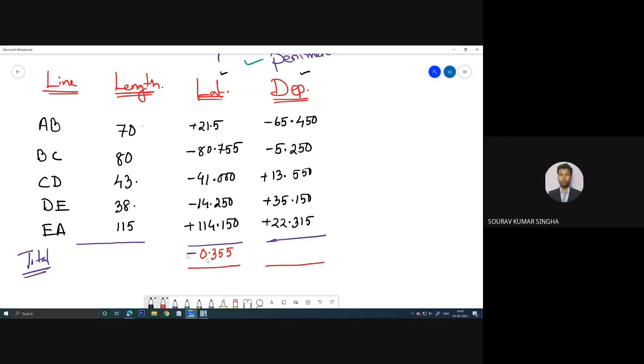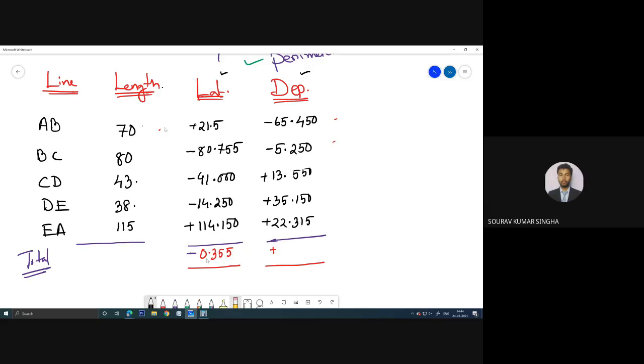Now this one. So that means here error is negative. Here the error is negative. That means whatever the correction we have for latitude, for each and every term, we need to add. Suppose here it is negative, so whatever the correction value, maybe it is x, maybe it is y, we need to add with each term because it is negative. And if we have here positive value, then we need to subtract from each value. That is my point. Is that clear to all of you?